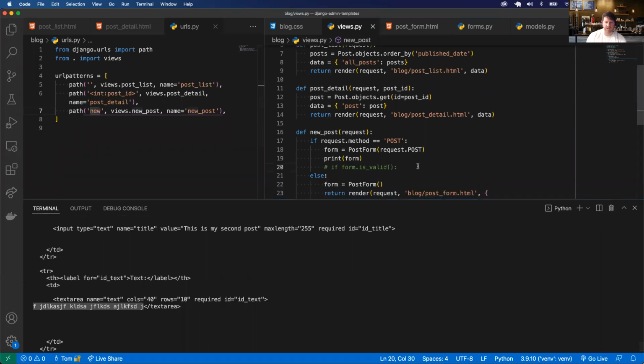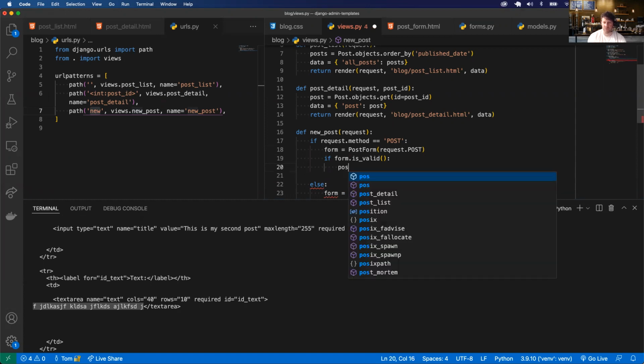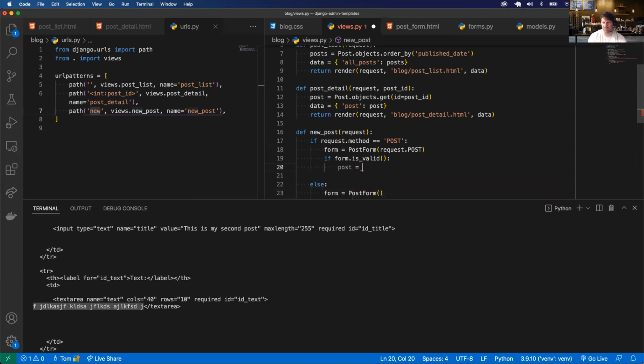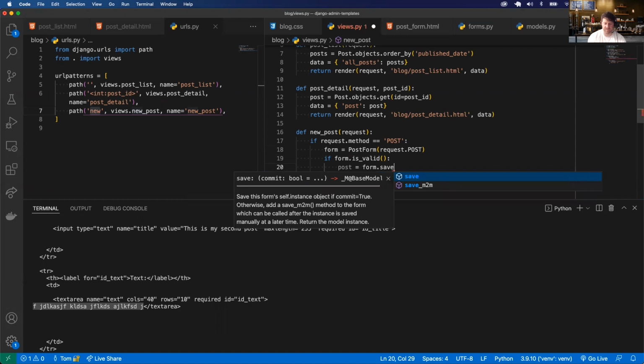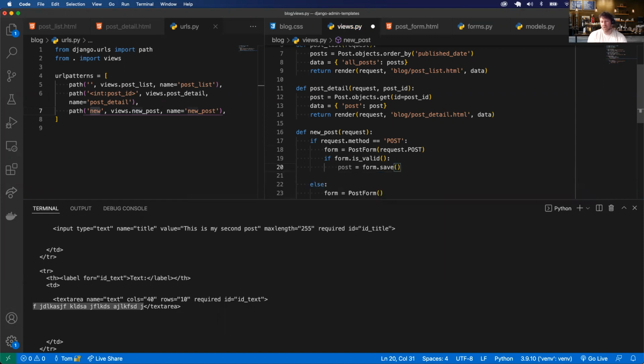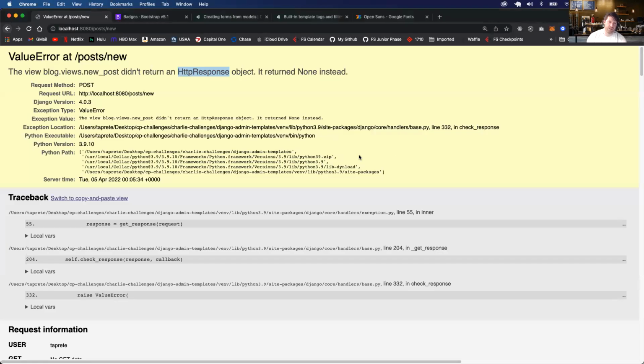So I can check the form. If it's valid, means I have everything that's required in that form. So if the form is valid, I can do post form.save. But typically, so